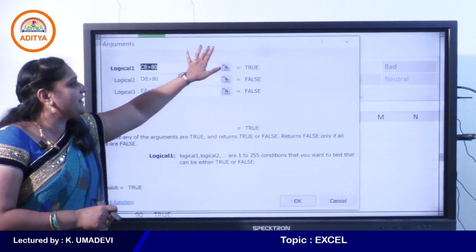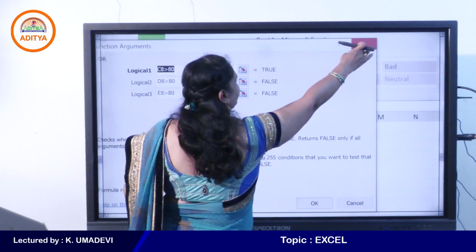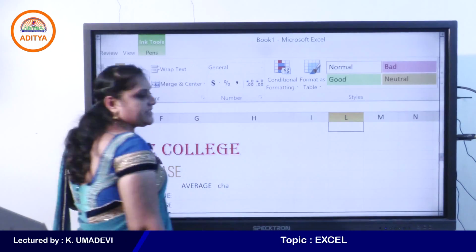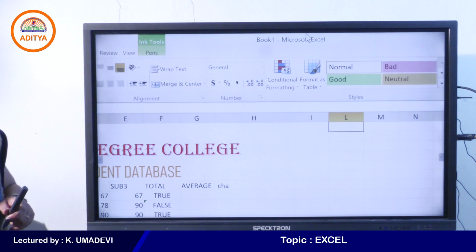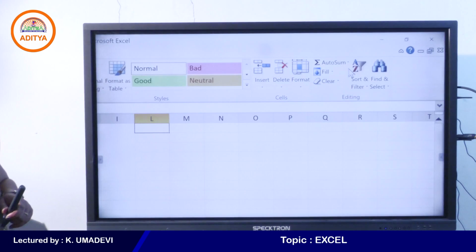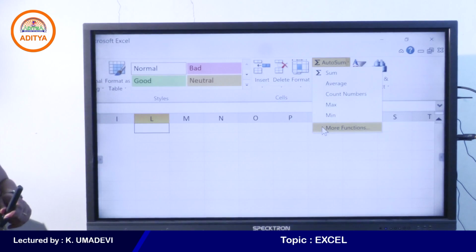So now we are already in the AND and OR functions. So select any cell, then you can go to the AutoSum drop down arrow, More Functions.